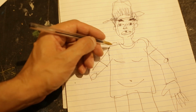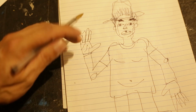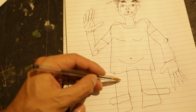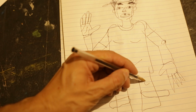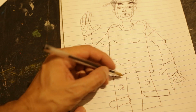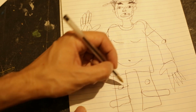So to understand the chest and the belly, I have done that for the moment on this figure, just to start understanding human anatomy. I'm going to go down to the legs, which are quite small for this body, but it doesn't matter. I'm just going to think of the knees, one knee here, one knee there, which actually do look like circles in reality, the knees. And that's just to divide the space of the legs,